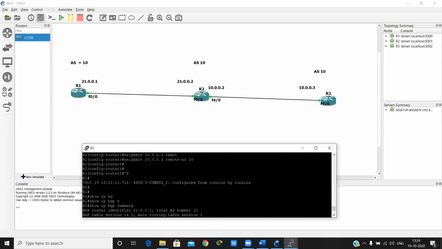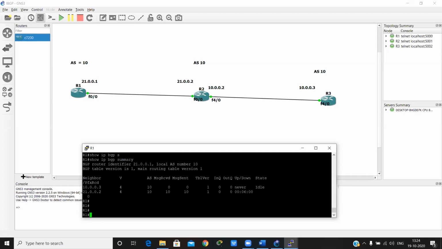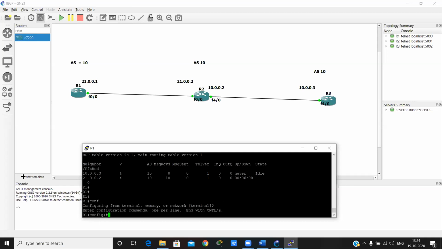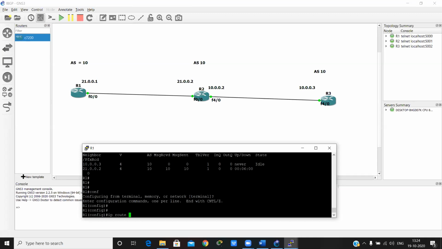If we want to configure static, we have to give one more routing protocol to connect both networks. So go in the global configuration mode and run IP route 10.0.0.0 and then next hop IP is 21.0.0.2.